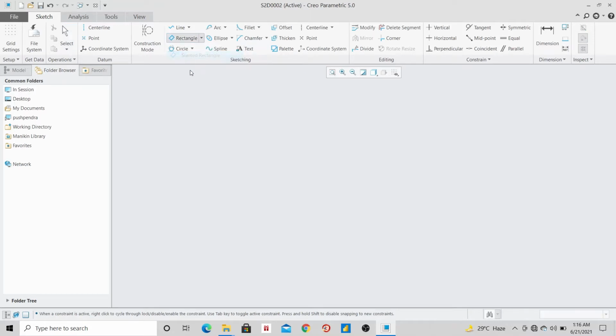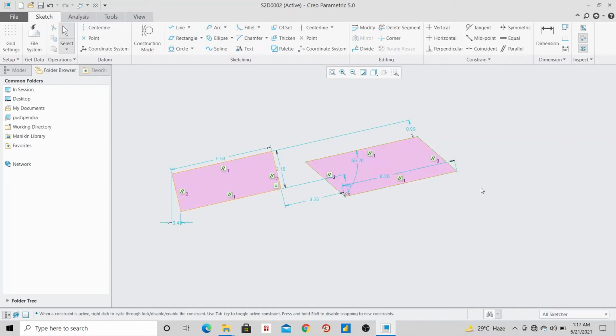Let's see how. I'll go for slanted rectangle. I draw it at an angle, and you can see the next part is perpendicular to it. But if I go for parallelogram at the same angle, see, I can move the second entity at any desired angle. It's not fixed, so I can set it as per my requirement. So this is the difference between slanted rectangle and parallelogram. The next part is circle.